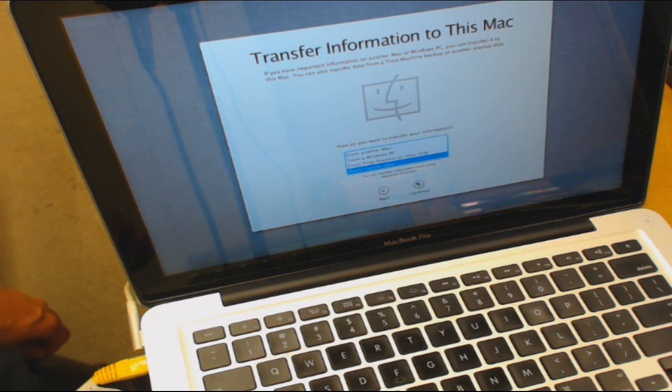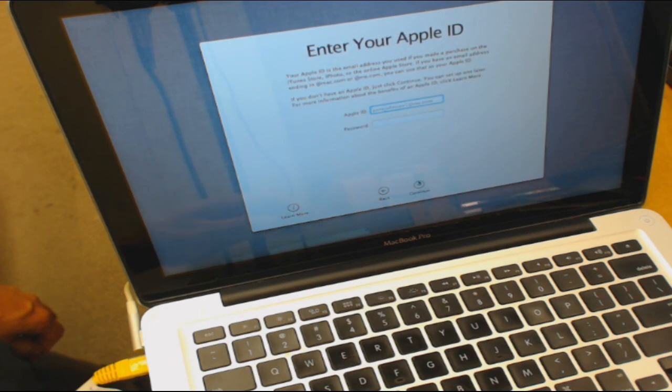Transfer information to this Mac. If you have important information on another Mac or Windows PC, you can transfer it up to this Mac. You can also transfer data from a Time Machine. We don't need to do that, so I'm going to just choose the default, don't transfer now. And then here's where you have to enter in an Apple ID, but